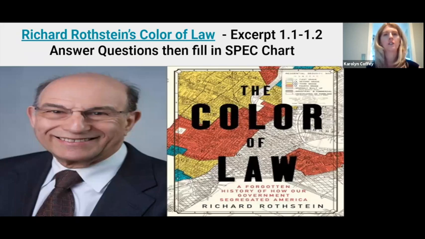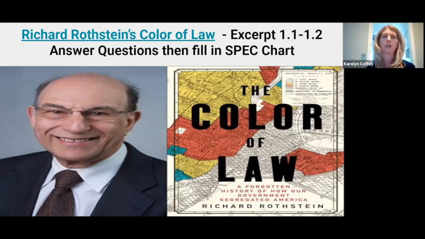A lot of information in this unit was inspired by this book, The Color of Law. And I found, off of the Teaching Tolerance website, some excerpts that come directly from this book. Richard Rothstein did an amazing job of laying out the case for the federal government, in particular, its responsibility for creating housing segregation around the United States through redlining, through FHA mortgages, and in a lot of regards, supporting racial covenants. And so this excerpt